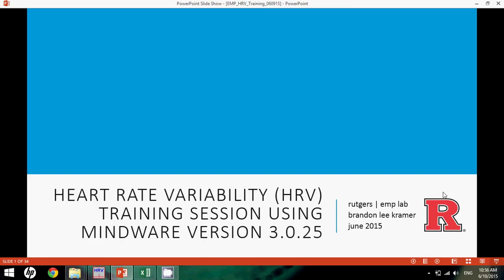Basically, in this lab, we're going to go over heart rate variability and go over the basic concepts of cardiovascular psychophysiology, as well as some detailed information that you'll need if you're working in the lab, just for the sake of assignments as well as saving protocols. So we'll jump right in.